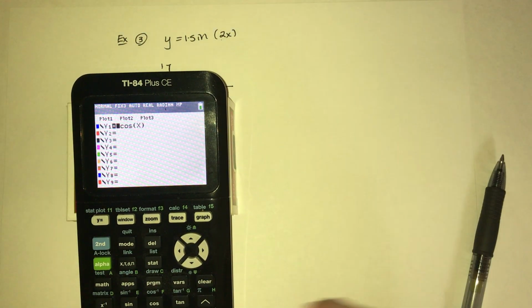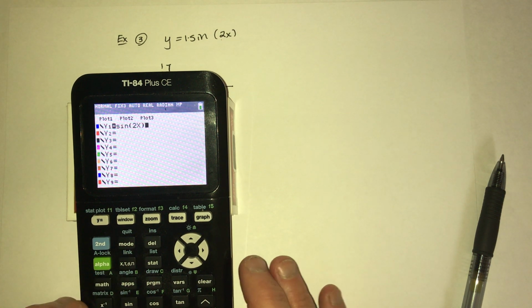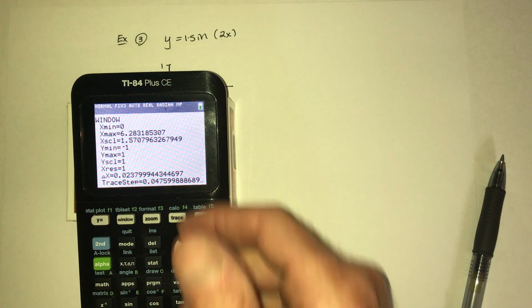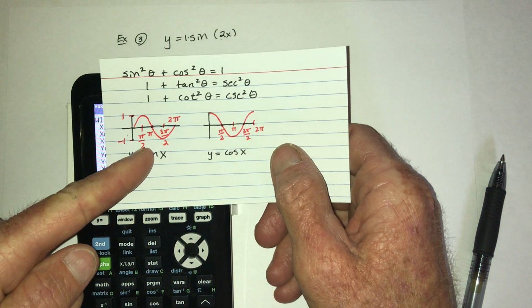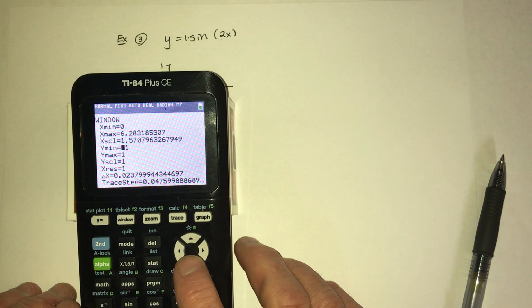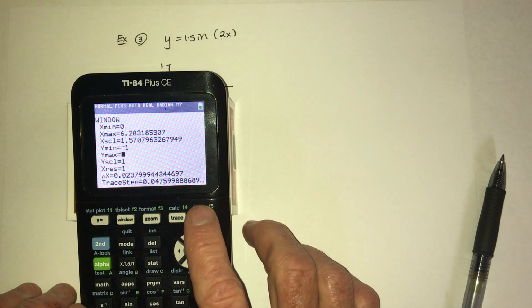So what if you have y equals sine of 2x? I need to clear out the old one. Suppose that we leave the window the same as this, from 0 to 2 pi, that could stay the same, and from -1 to 1, that sounds good. Then what does that 2 on the